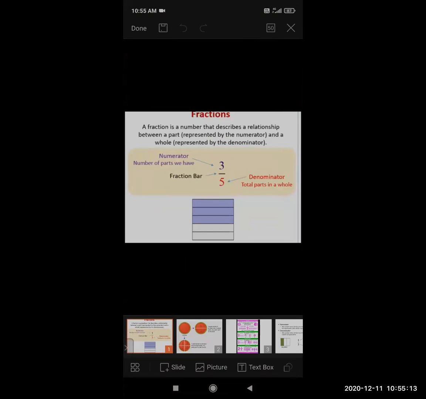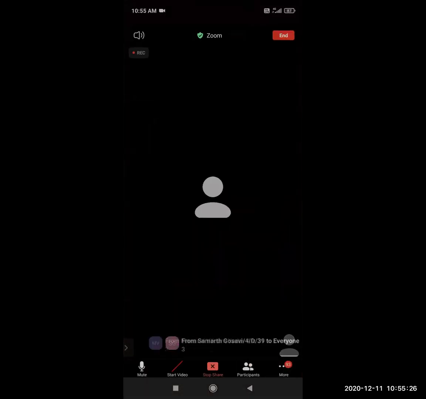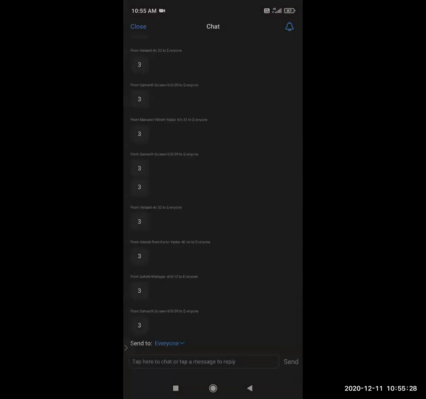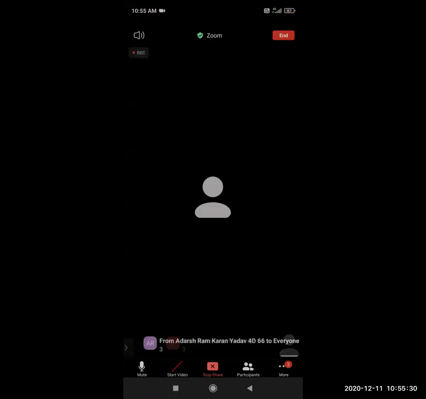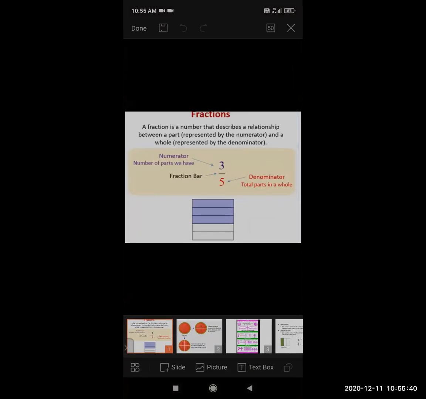Okay, you want to give from your side. Think, count it. How many are colored? How many are not colored? Count it from your side and tell me. Yes, very good. 3 are colored, and the remaining, how many are not colored? Yes, it's 2, beta, not 22. 2 are remaining. So your denominator, what will come?